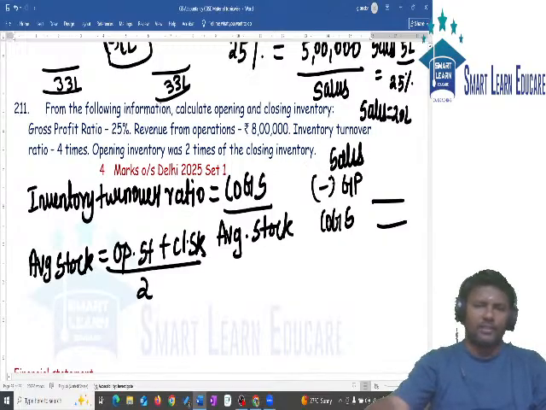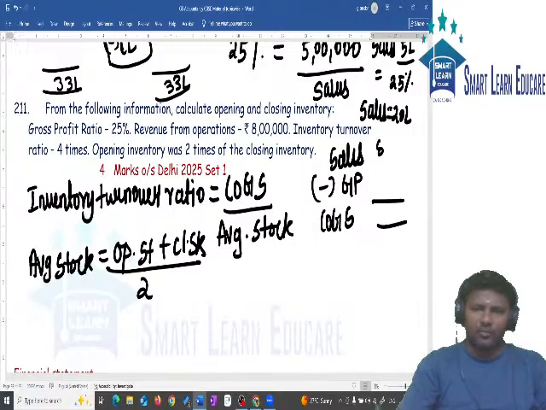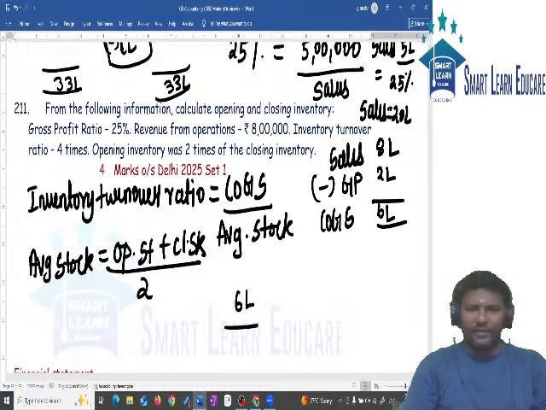Okay. So we will discuss the answer. So first one, cost of sales. Sales is how much? 8 lakh. Gross profit is given as 25 percent. 8 lakh into 25 percent is 2 lakh. So cost of goods sold is 6 lakh. So 6 lakh divided by average stock will give you the answer as 4 times. Now what is your average stock? Average stock is equal to